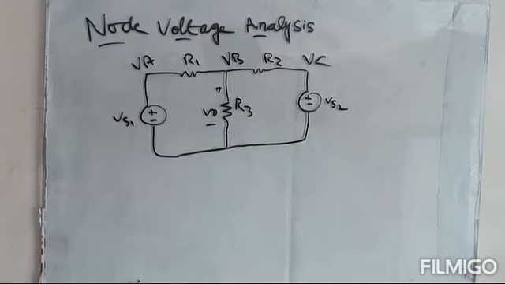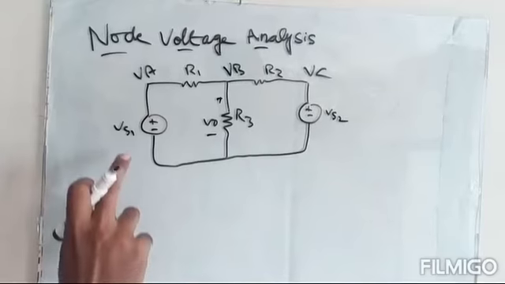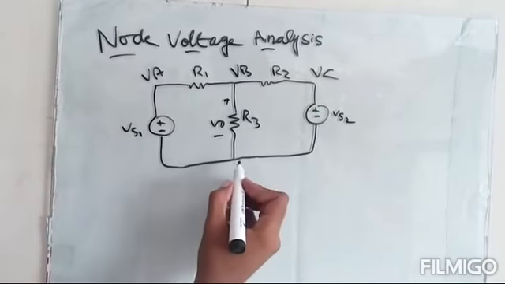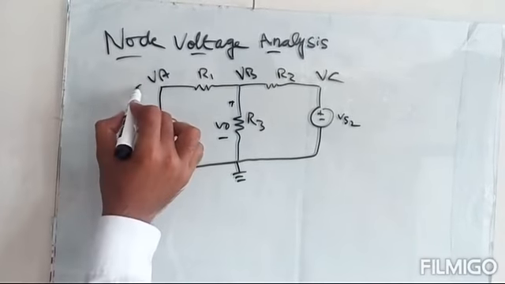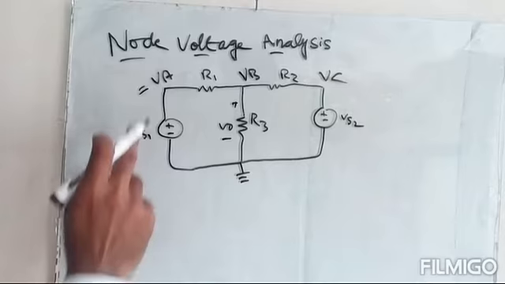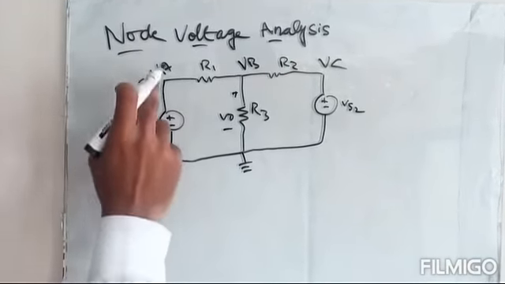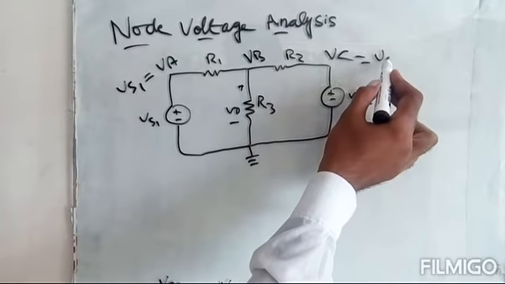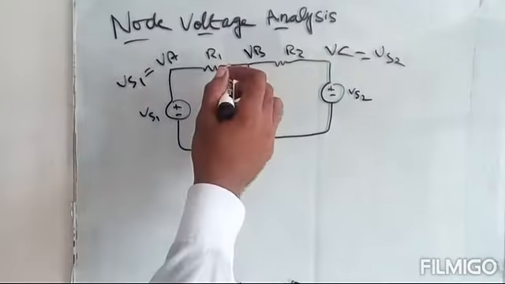Now we will solve this circuit using the second method, in which we will not convert this voltage source into current source either. We will consider the voltage here. This Va, we do not need to write a KCL equation for this node, because it is connected with the voltage source and the other end is connected with the ground, so the voltage here will be Vs1, and similarly the voltage here will be equal to Vs2. The only unknown is Vb, so we will write KCL equation for Vb.